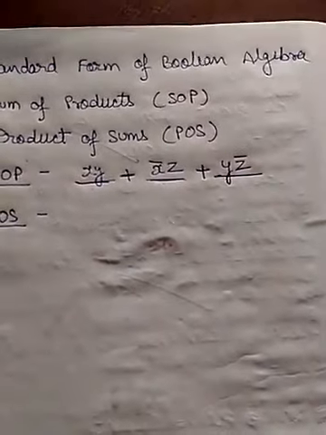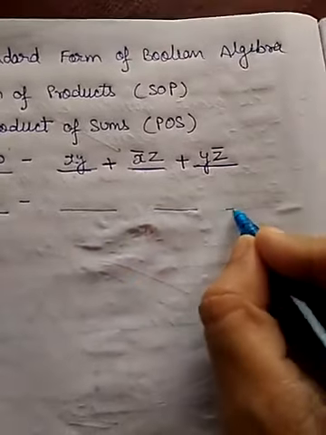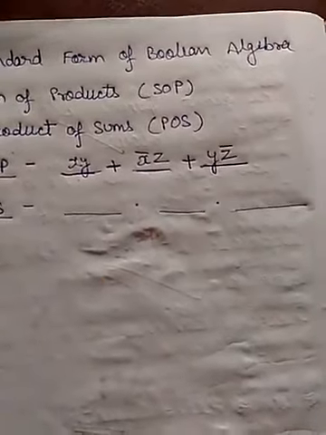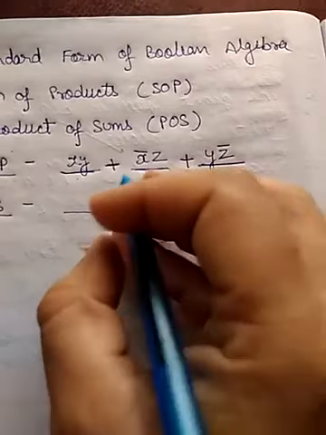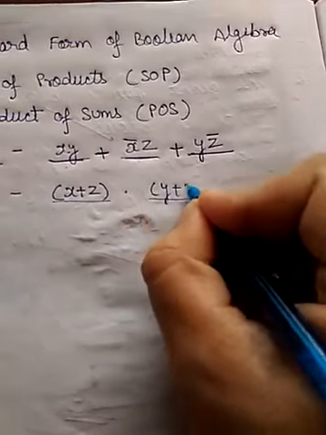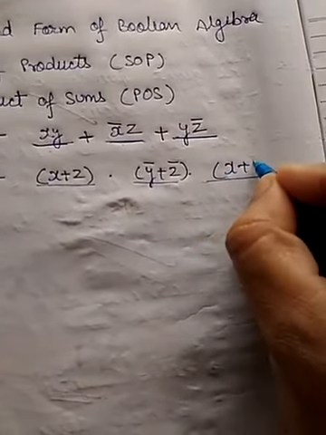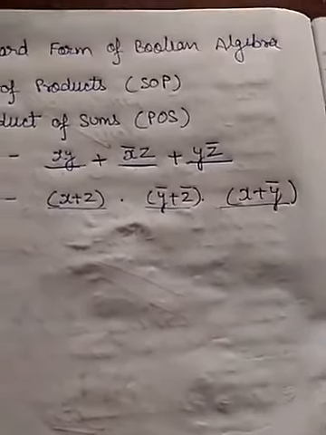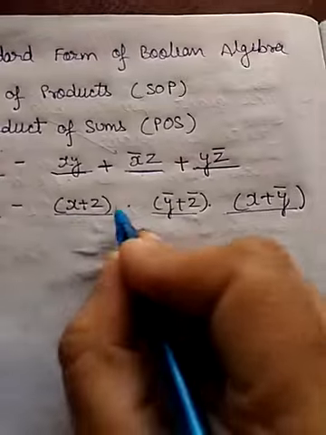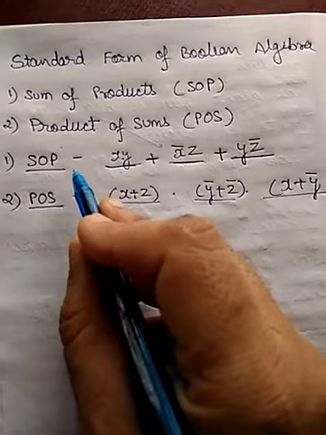then we can say that it is sum of products. In the same way, let us say there are three terms and each term is multiplied. Now each term should be in the form of a sum. Let us say x plus z, y plus z naught, y naught plus z naught, x plus y naught, any term. And what you see, it is product of the sums. So this is product of sums. Now these are two standard forms, that is sum of product and product of sums.